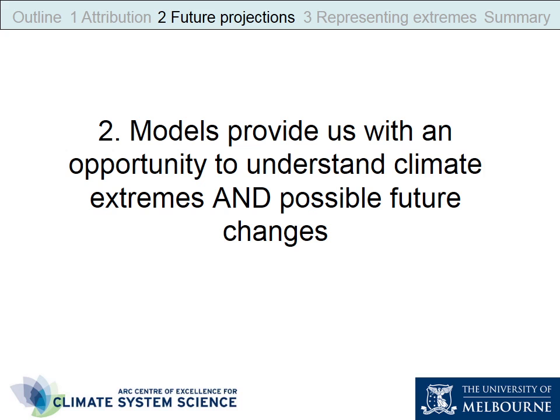So those kind of examples of the event attribution lead to the next part, because really what they're looking at is not just what factors are influencing those events, but also which ones we can expect to occur more frequently or with greater severity in the future. So next I'm just going to talk a little bit about how we use climate models to look at changes in extremes in these future simulations.